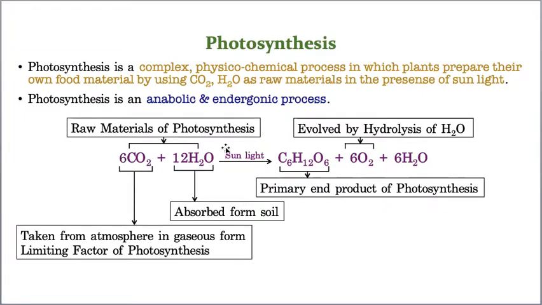Now what is the sunlight for in this reaction? If this reaction needs to be completed, it needs some energy. For example, you have atta and you want to have roti, but to get it, you need some energy. You need to turn on the gas, turn on the light, then only you can prepare your roti. Otherwise, you cannot eat raw roti. Am I correct? I'm telling you correctly. Hope you're understanding. So for the preparation of this food material, raw materials are there, but you need energy, and that energy is nothing but sunlight.